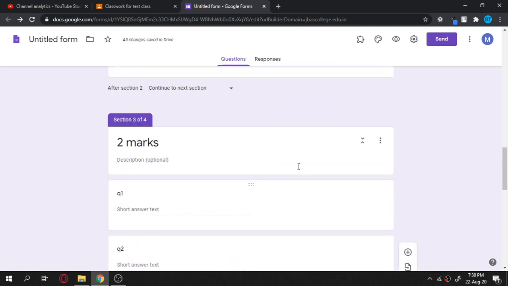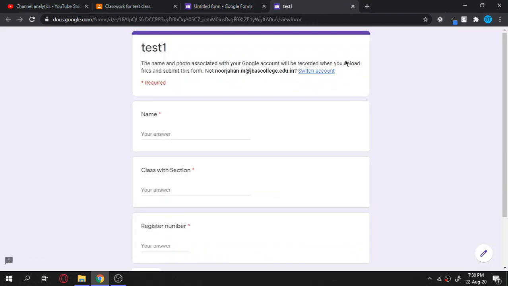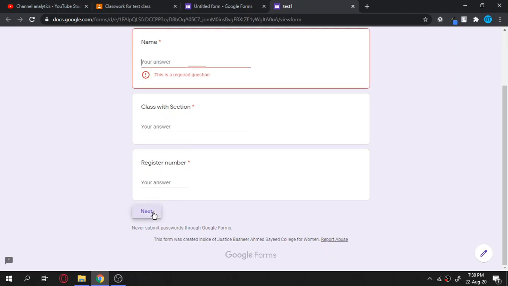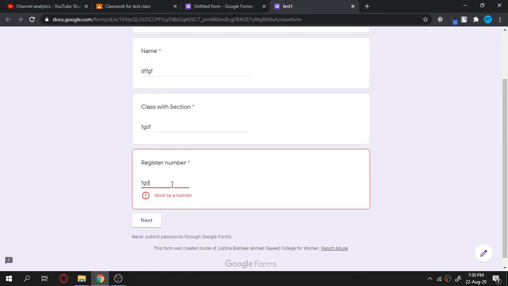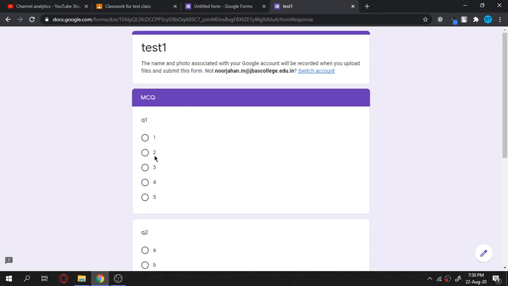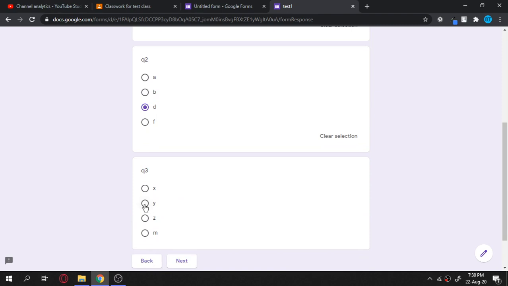Now we can have a preview of the question over here. This preview says that here test 1 is required, so name is required, class section is required, and register number is required. Go to the next section. Since it is asking for a question, it is mandatory, so just giving some section, and then my answer, and it is a number. So I am giving a register number 1, 2, 3, and then going to the next option. Okay, so I can just click the answer and go to the next answer. Likewise it keeps moving.